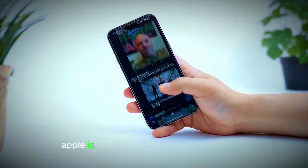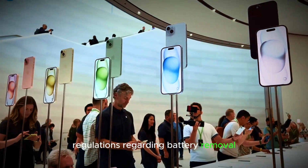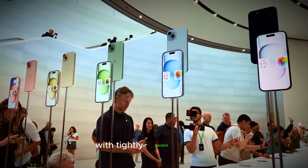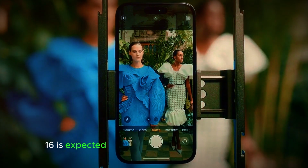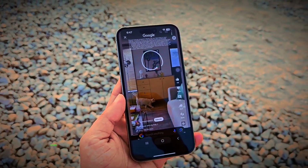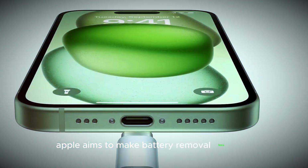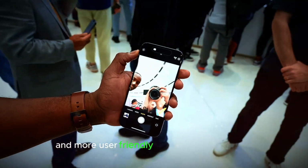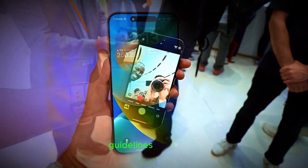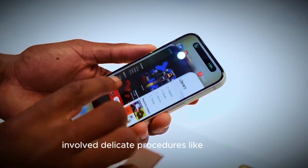Additionally, Apple is taking steps to comply with new EU regulations regarding battery removal. Unlike many current smartphones with tightly packed designs, the iPhone 16 is expected to have a redesigned battery casing that simplifies the replacement process. While some technical expertise might still be needed, Apple aims to make battery removal less risky and more user-friendly, adhering to the new EU guidelines. Previously, removing an iPhone 15 battery involved delicate procedures like removing